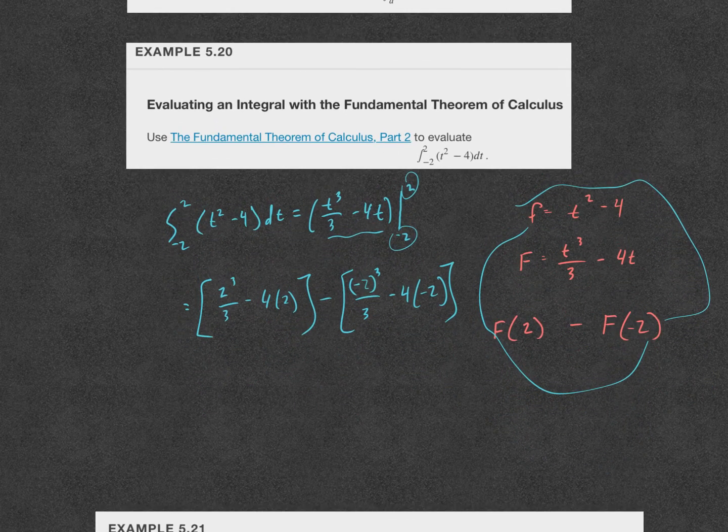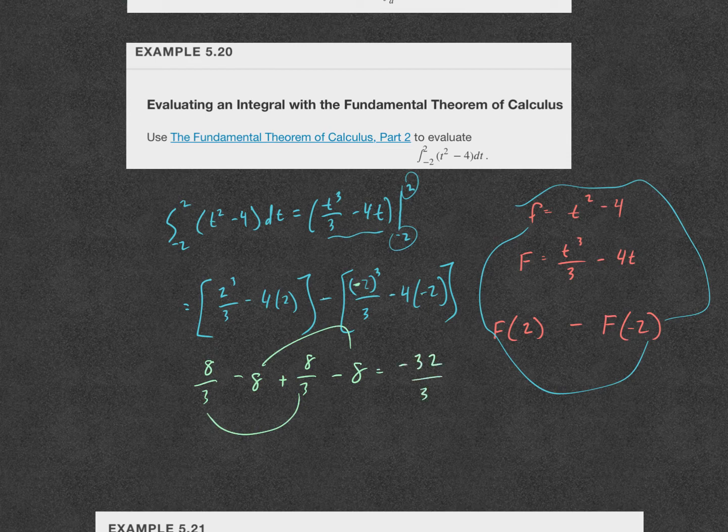Scroll up a bit, and then simplifying, let's see what we get. Let's go with green. 8/3 minus 8. The -2 cubed stays negative, so it becomes plus 8/3. And then minus, minus, and minus is a -8. So 16/3 minus 16, right? This gives me 16/3 minus 16 is equal to